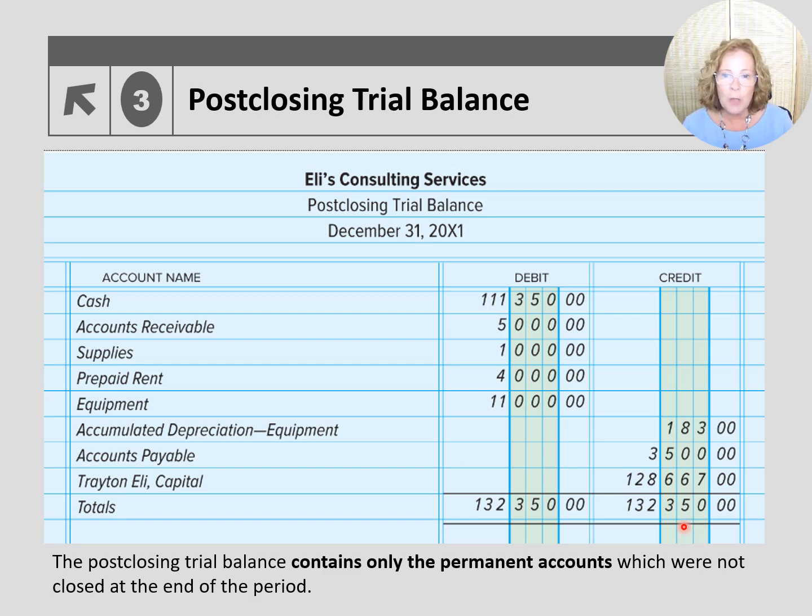If your total debits do not equal your total credits, first calculate the variance, meaning the difference between the total debits and the total credits. Does that amount seem familiar? Did you forget to list one of the balance sheet accounts? If that's not the case, divide the amount by 2 because perhaps you entered the amount on the wrong side, meaning a debit as a credit. If that's not the case, divide the difference by 9 to check if you transposed the number, meaning you entered 540 instead of 450.